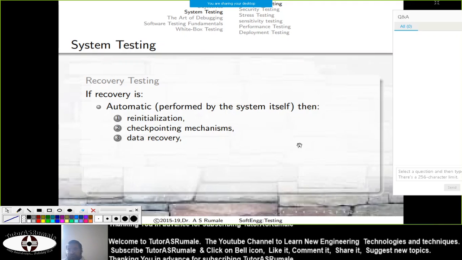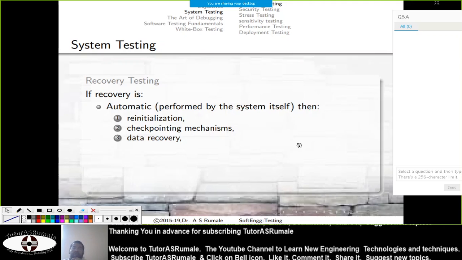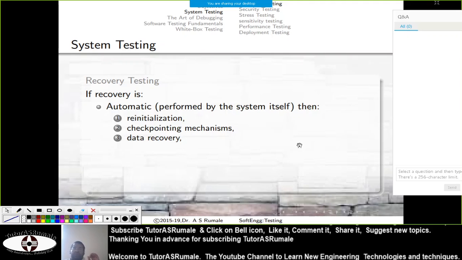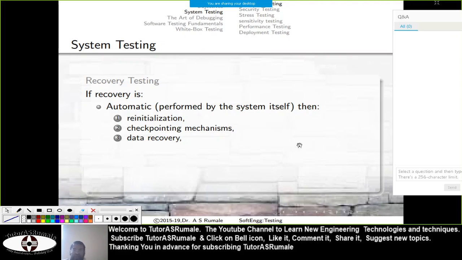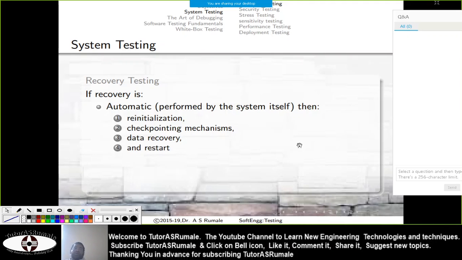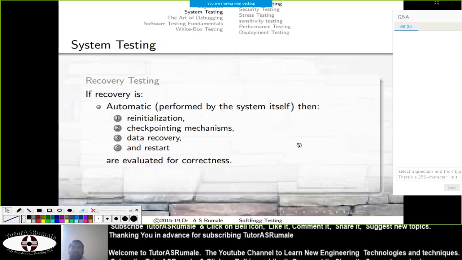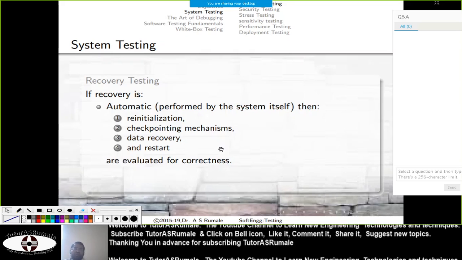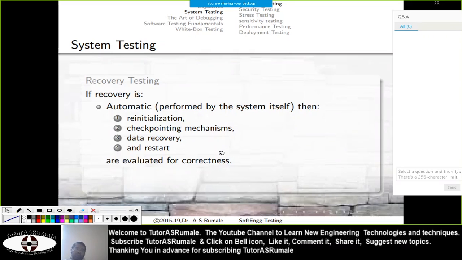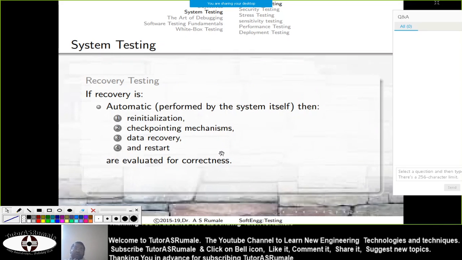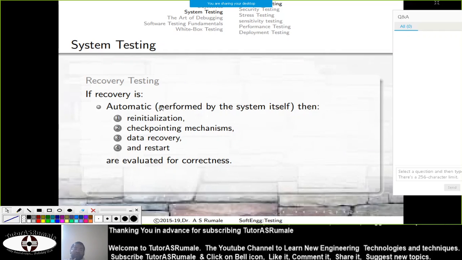Then data recovery is there. For example, when you are typing, data should be stored properly and recorded. Recovery must happen and a restart should be done in a proper way. So that is what we call automatic. These are the four processes that should be evaluated for correctness if the recovery is automatic.